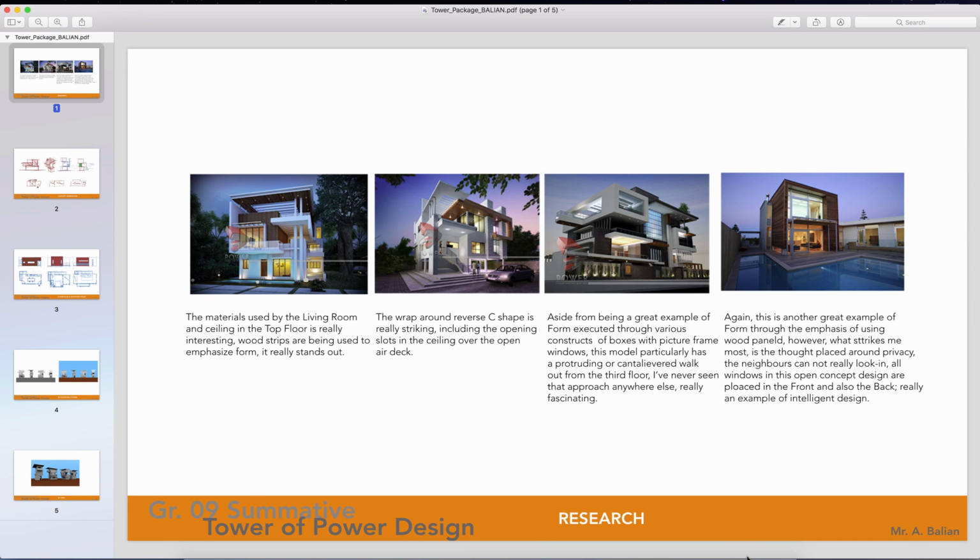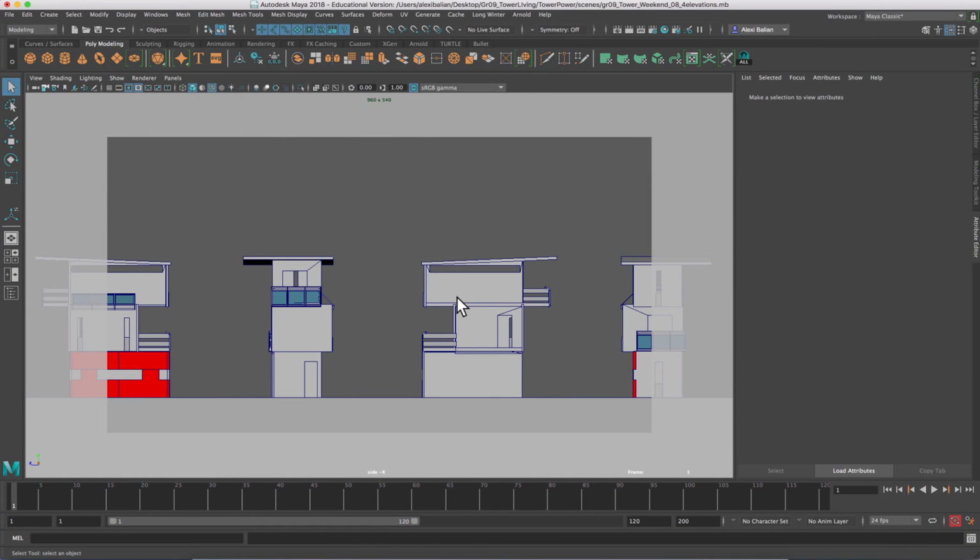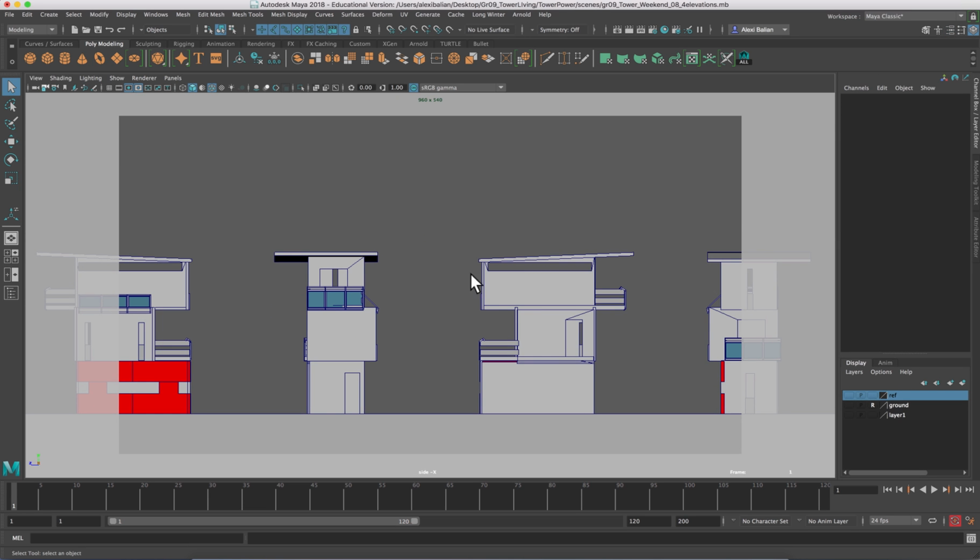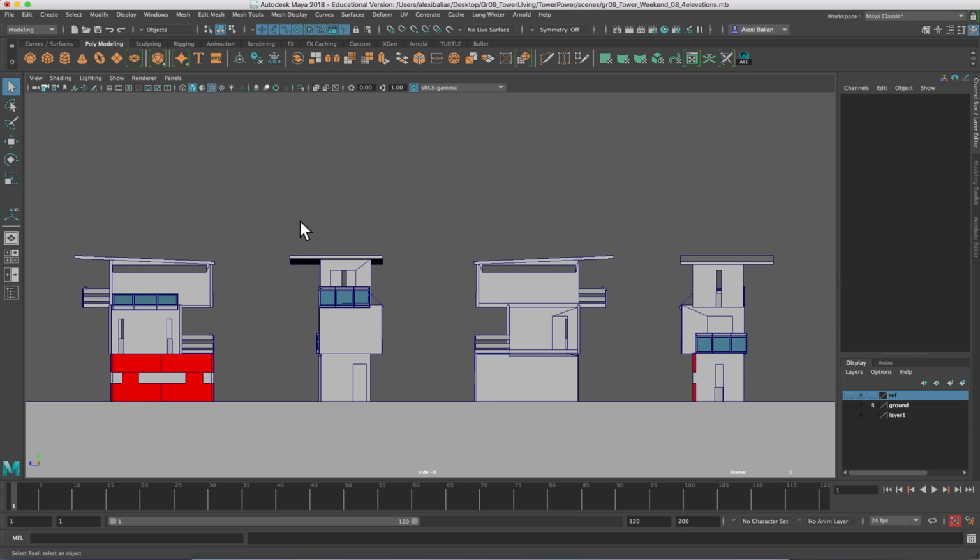Okay, here we are, Balian back. It's been a while. So what I want to do is convert this 3D model of a